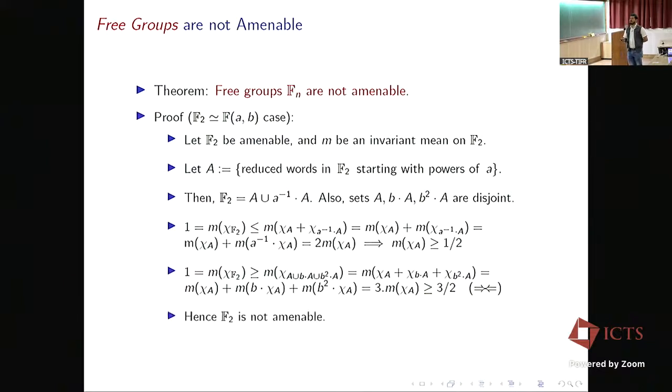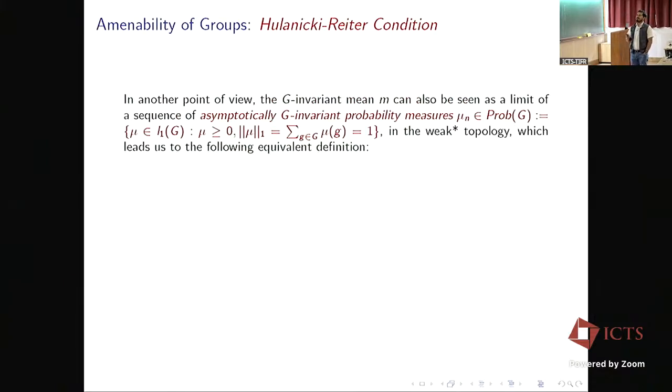Okay, but free groups, we will now be looking at free groups as some negatively curved group, and we would like to generalize from this point onward. So amenability, I would also talk about other definitions, because the invariant mean definition would not be the one which is most useful when you are trying to prove something.